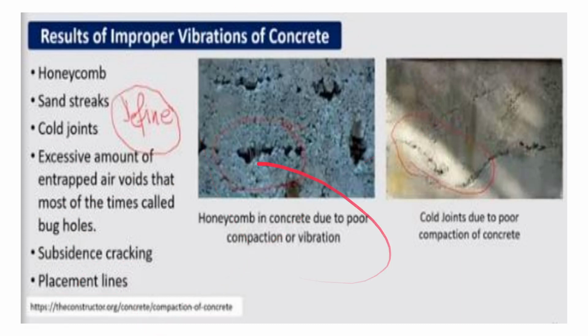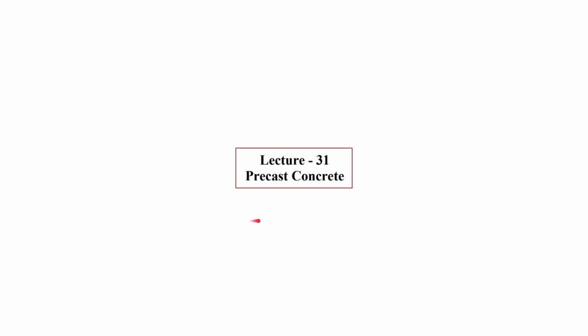As you can see in this picture, it is an example of honeycomb in concrete due to poor compaction or vibration. And here, these are examples of cold joints due to poor compaction of concrete. The layers are getting different because one layer gets stiffer before the placement of the other layer. Now let us go to one more special type of concrete which you mentioned,